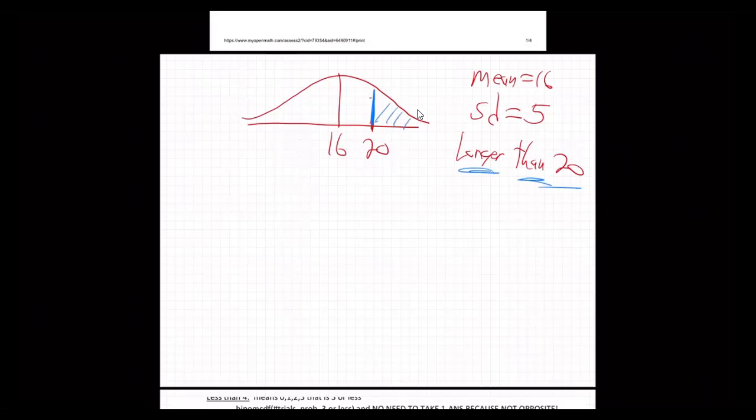To the right or to the left? To the right. To the right, exactly. Yeah, because longer numbers are this way, aren't they? Longer numbers, like 21, 22, etc. So there it is. So here's the shading